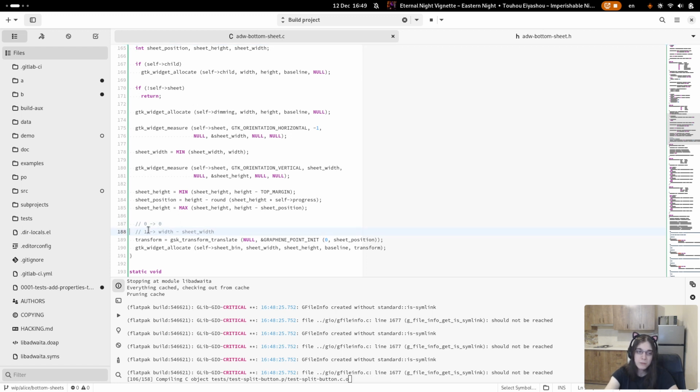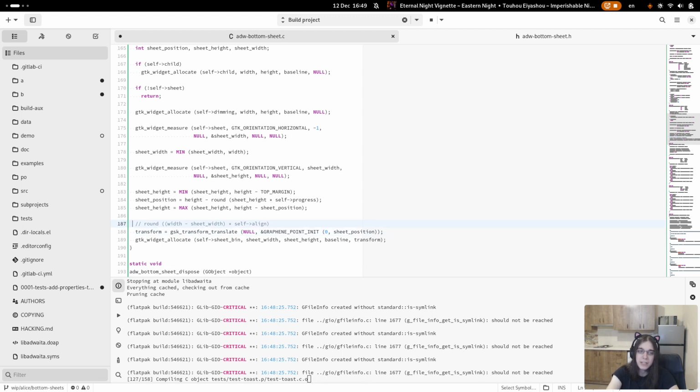So first of all, it's just rounding off this multiplied by self align, and then I need to invert it for RTL. Well, sheet position is sheet Y, I guess now, and we'll introduce sheet X as well.